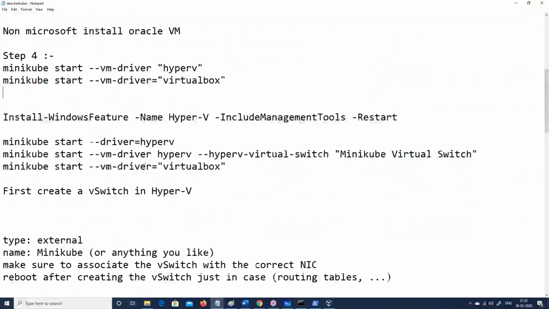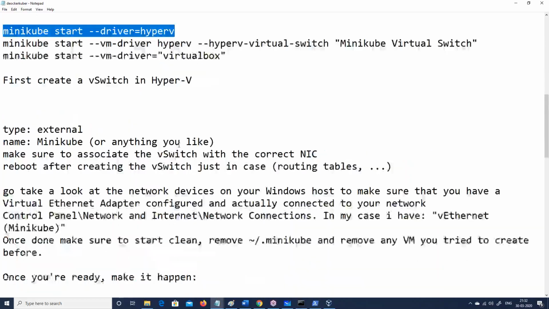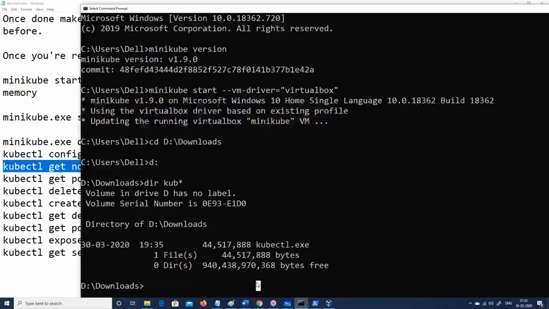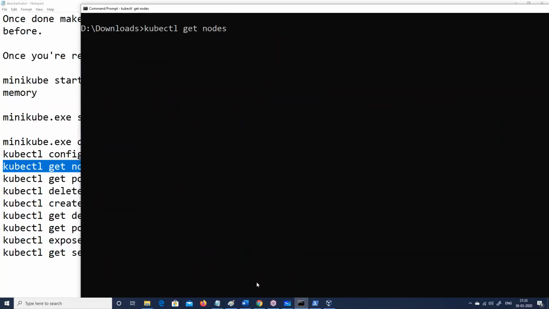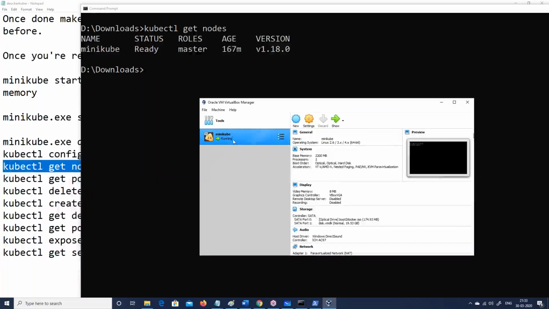Let's say first, I created this cluster, that is done, right? The next thing is, let's see some kubectl commands out here. If you want to get the nodes, kubectl get nodes, I should only get one node. This node is nothing but the node which is running. You can see this node is actually a virtual machine at this moment.